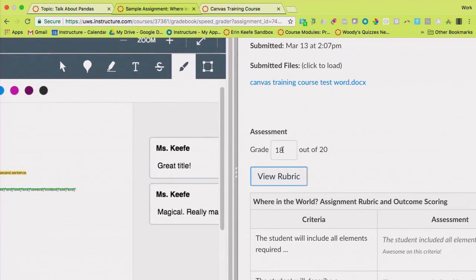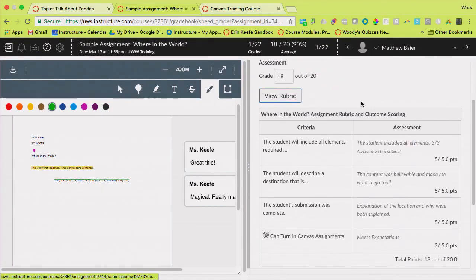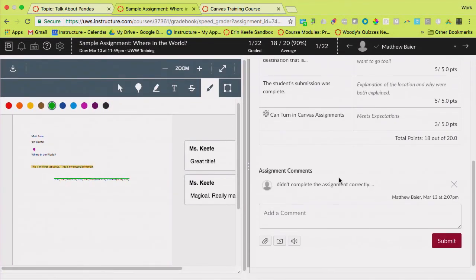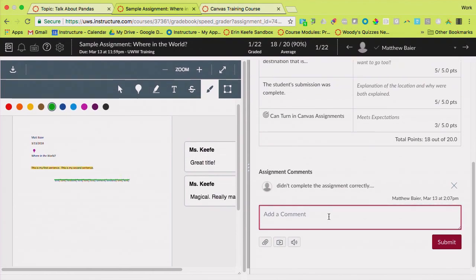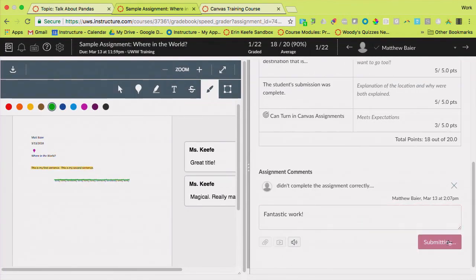It'll populate that grade there in that box that has just gone into my gradebook, and also the feedback went back to Matt because I didn't have this one muted. So where that will show up for him is on his Canvas dashboard. And then I can also give him overall comments. And just like with the discussion, we can send back an attachment, we can do an audio video comment, and then because I'm in Chrome, I have that speech recognition button.